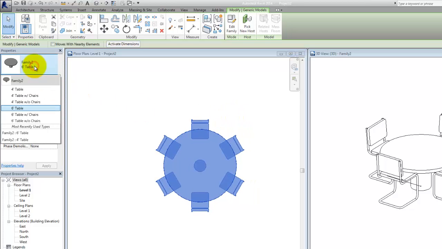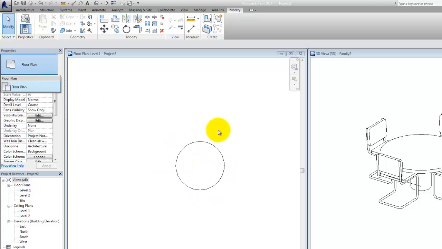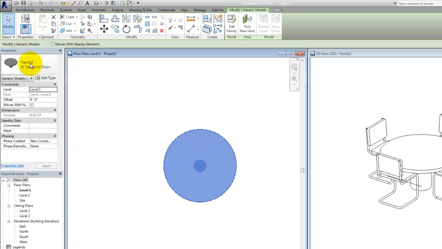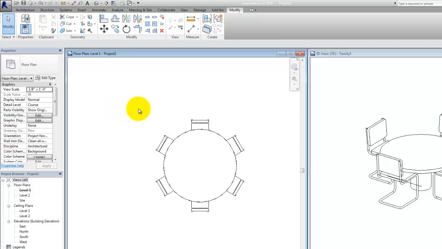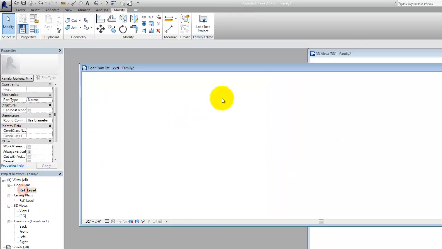Click on the chairs. Okay, so you'll see we have our 4-foot table with chairs, 4-foot table without chairs. Awesome. So the ones that are without chairs, our 6-foot table without chairs, you will not see the chairs. And then with chairs, you see the chairs. All right, cool. So that's your visibility parameter right there. All right, so we know that that's working. So we're going to close out the project, and we will open back up our